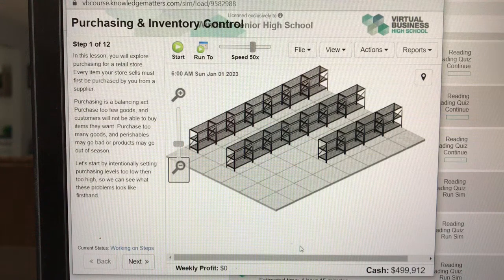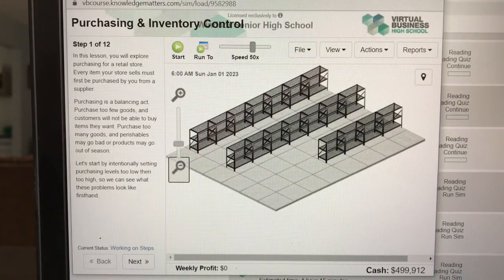Okay, next lesson I'm going to talk about is purchasing inventory control. Purchasing is very important because if you don't purchase enough goods to sell in your store, okay, these are the items that you're buying from suppliers and distribution centers and manufacturers to put in your store so you can sell. So if people come into your store and you don't have items on the shelf, it creates a major problem,